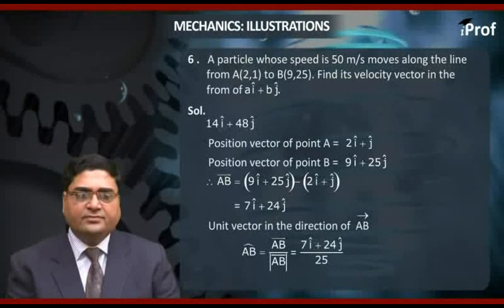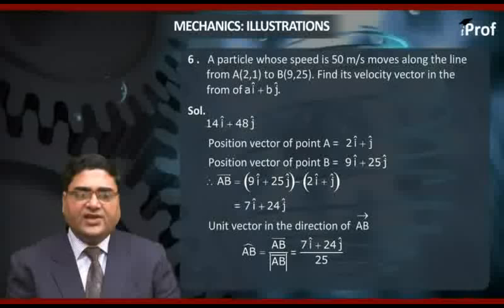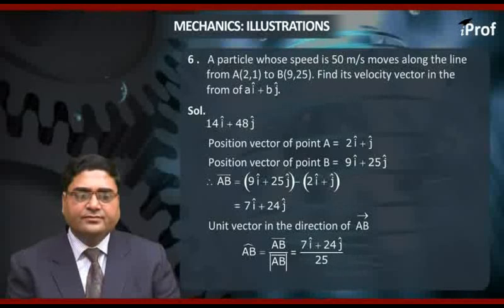Let's see the solution. The answer is 14 i cap plus 48 j cap. Since the position vector of point A equals 2 i cap plus j cap and the position vector of point B equals 9 i cap plus 25 j cap,